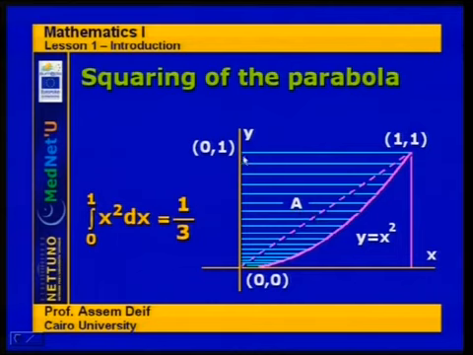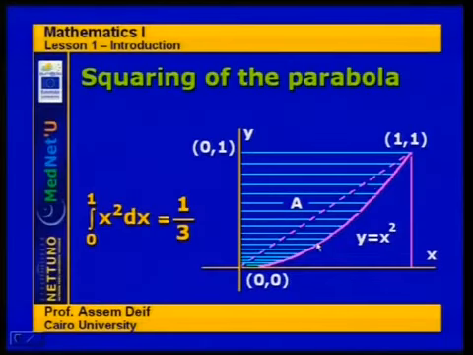So in fact, what he proved is that the area above the parabola is 2 over 3. And since the area of the square is equal to 1, the area under the parabola is also equal to 1/3, because 1 minus 2/3. In other words, this parabola, or this graph, divides the square into a proportion of 1 to 2, and therefore we can reach